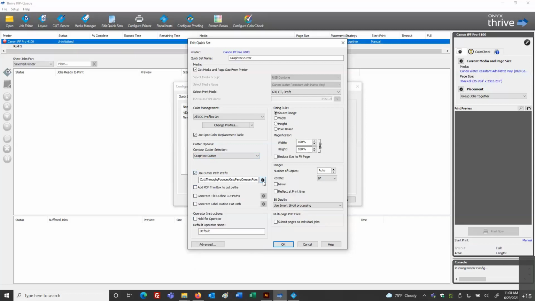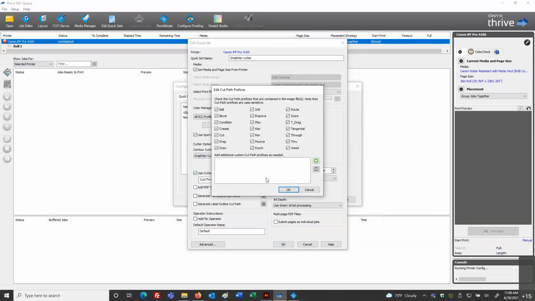If we select the little gear on the right-hand side, we can see that all of the checkboxes are on by default. These are all very commonly used terms in cutting. However, if there is a term that you do not see here and you wish to identify for your spot color that indicates the cut path, you would hit this plus symbol and add it. So I'm going to add our old familiar setting that we've used called cut contour. And again, you could add multiple settings in here.